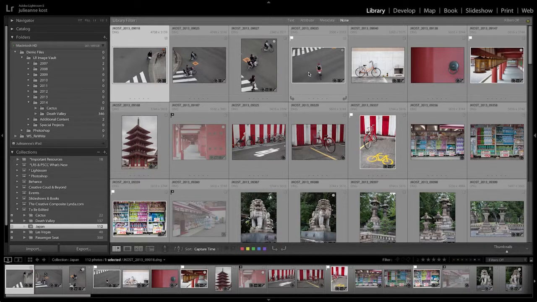So just a few technical notes before we wrap up. First of all, Lightroom Mobile can only sync one catalog. It can sync as many collections that you want in that catalog, but only one catalog. So if you do use multiple catalogs, you'll want to be aware of that, because if you quit one catalog and open another one and synchronize it, that new catalog will actually overwrite or replace all of the images that you had synchronized from the first catalog.